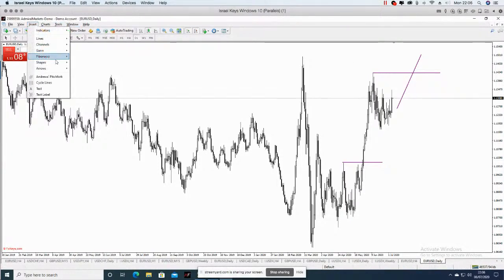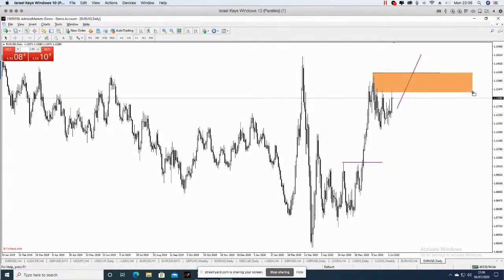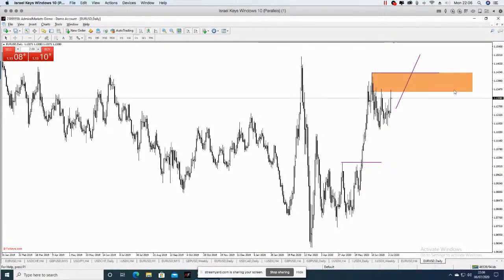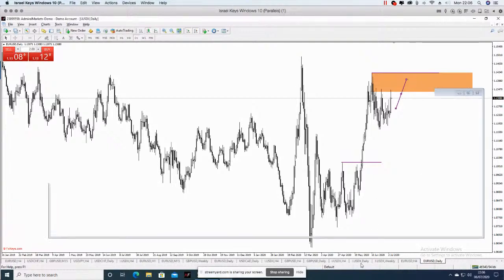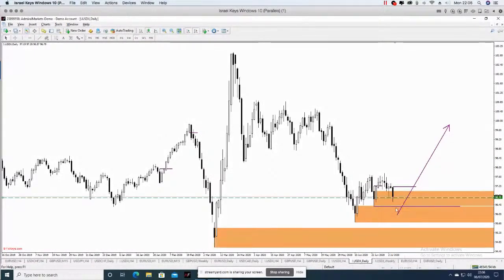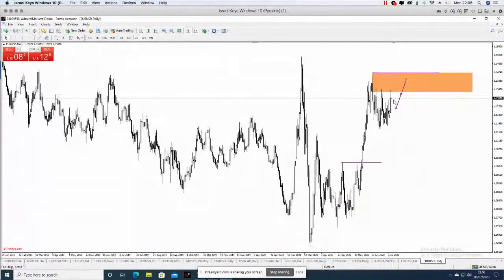However, there's an order block here. And we're already in the order block. So if we are to follow our dollar index idea, which is we're waiting for daily engulfing in any of these two levels and up we go, of course, we could come down here into here, which would be the same as clearing this into this. But looking at the 4 hour